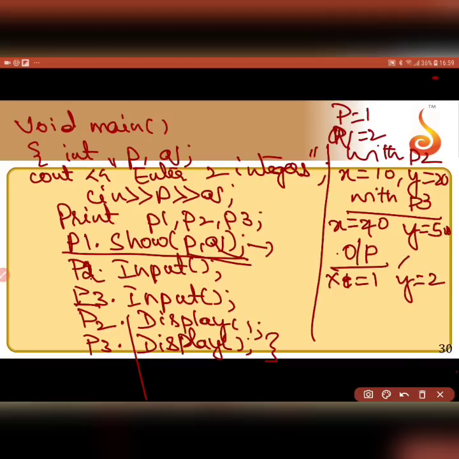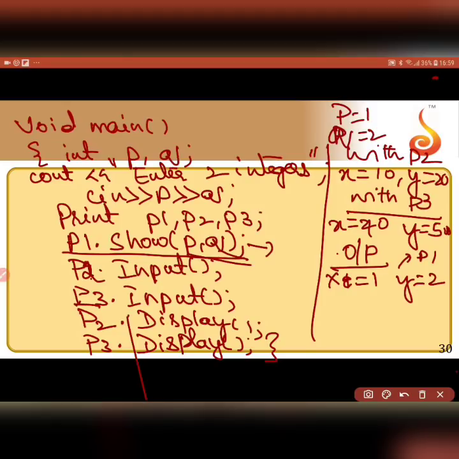This is with the P1 object. Because in show it will say x is equal to a and y is equal to b. So the value of p gets substituted in a and then into x, and b to y. So I will say x is equal to 1, y is equal to 2 would be printed.